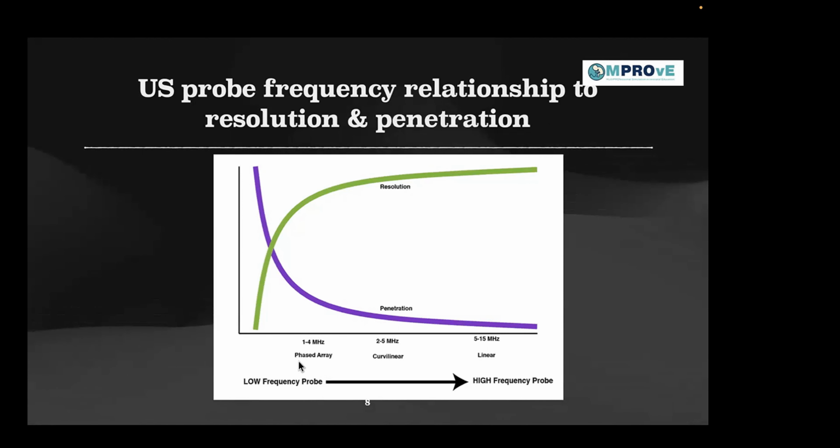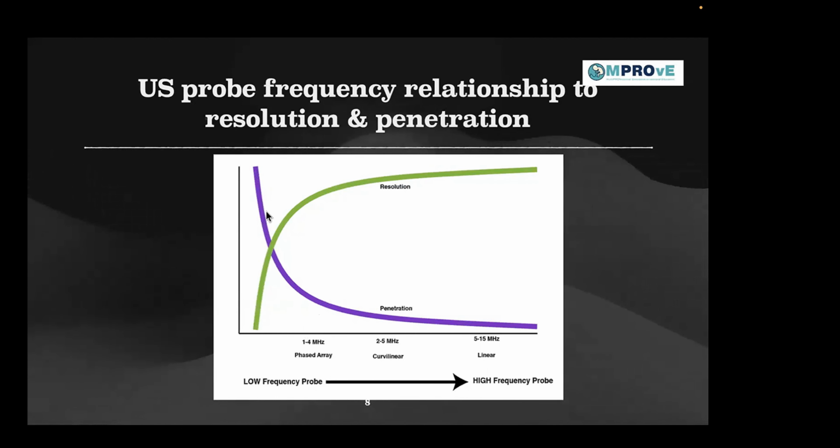So you can imagine it can go to very deeper organs. If you have low frequencies, your penetration, depicted by this purple line, is quite high. So you can see very deeper structures with this, but at the cost of your resolution. You can see anywhere, but you don't see a very crisp or high definition